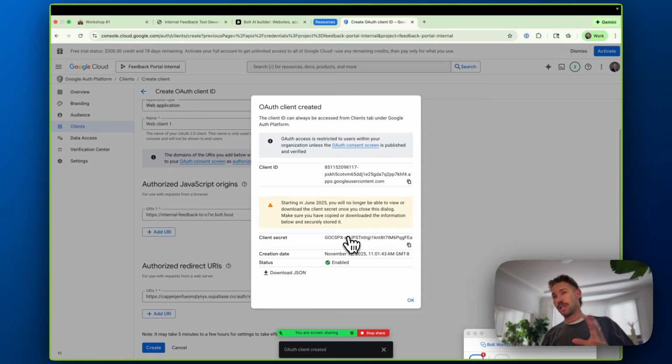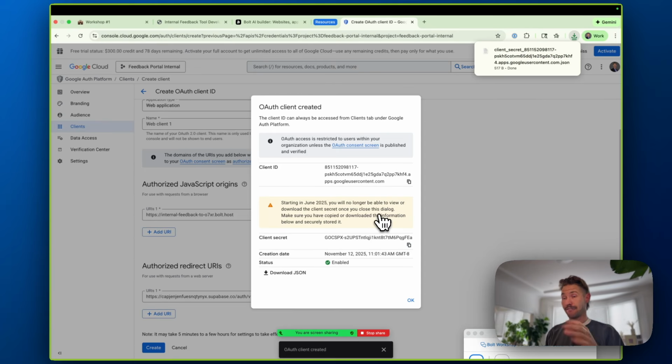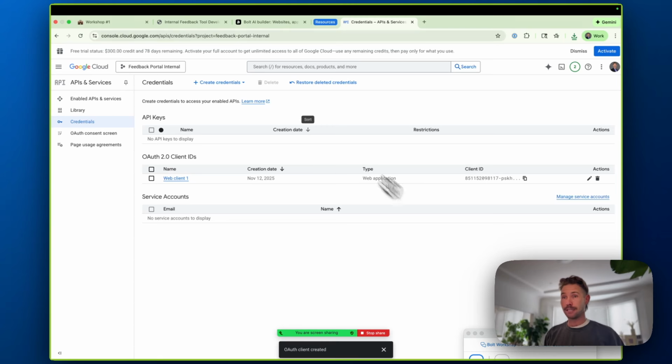Now, it pops up with this kind of modal, and it's actually saying that the way that we view these secrets is kind of unique. And it's changing. Sometimes they give you one-time access, sometimes you will be able to review it. What I'm going to do is I'm just going to download the JSON just to be safe. So I'm also going to copy this client ID, but you'll notice once we go to our next screen, this